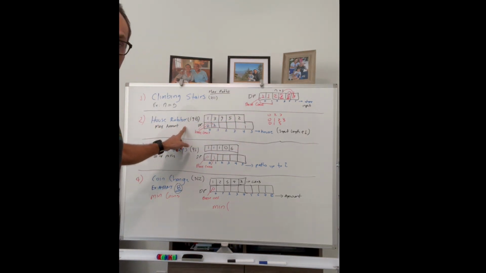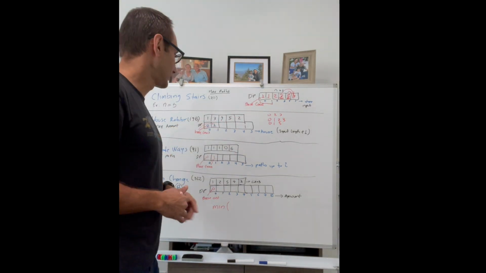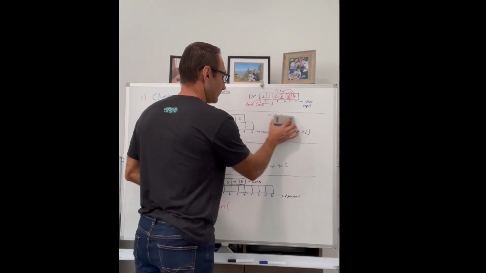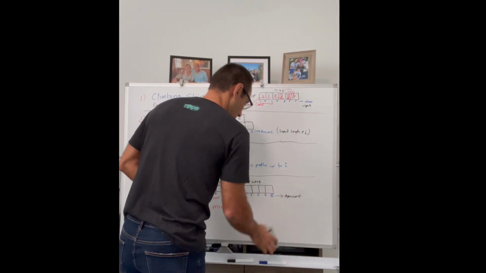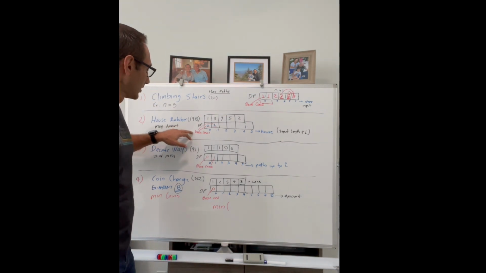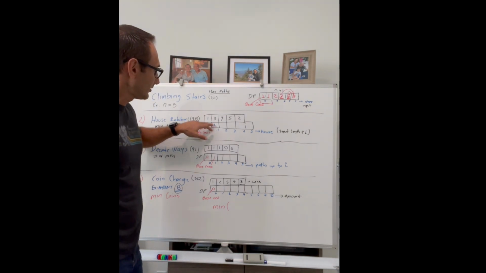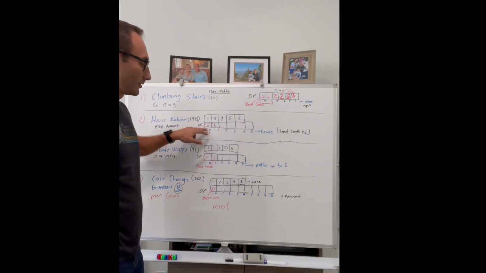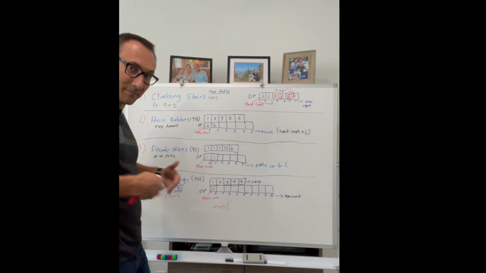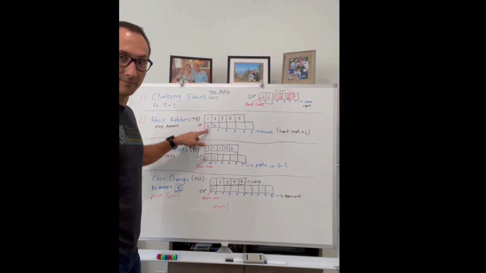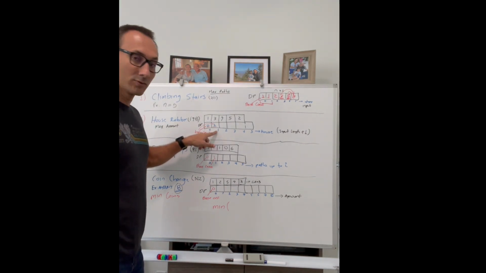What about the house robber, right? This is a little bit more tricky, but the concept is basically the same. So here, for example, which are the best cases here? These are the houses you have, right? If you are before starting, so you are before the previous house, so that's the DP0. This is when you go to the first house,